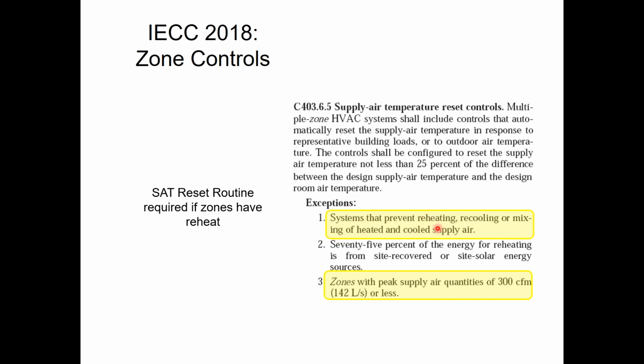However, if you've decided that you need reheat because you decided to mix perimeters or mix perimeter with interior, and you have to add reheat coils now to make it work, then you're going to have to do some kind of supplier temperature reset routine on an air handler that doesn't have supplier temperature control. That's going to be difficult for you to do. So once again, my recommendation is make sure you put only 1 rooftop unit per perimeter. Do not mix them. Then you don't have to put reheat in,